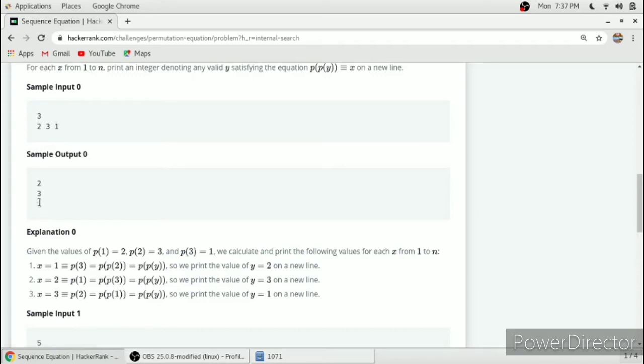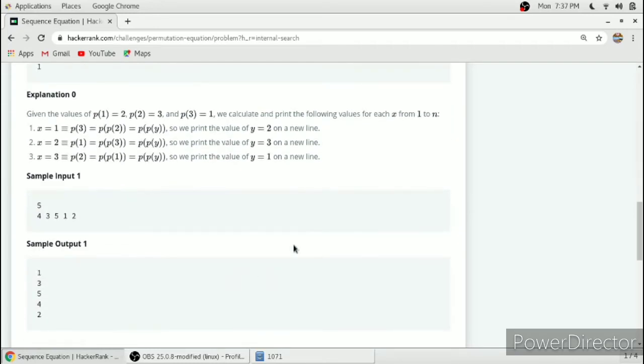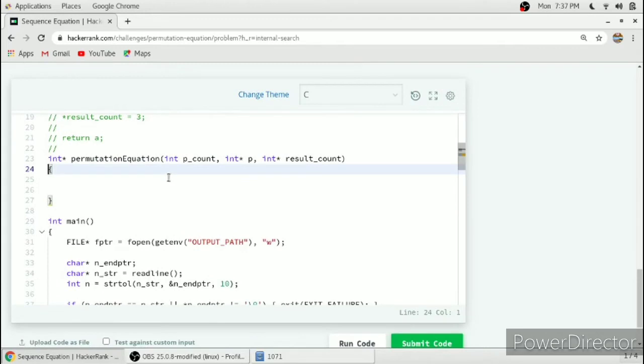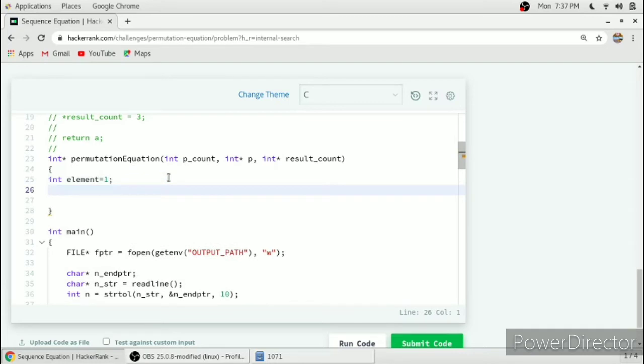So we will jump to the function. They have also given another example. You can analyze this on your own to get a better understanding of this problem. We will take an integer element to consider element 1 at the first iteration.